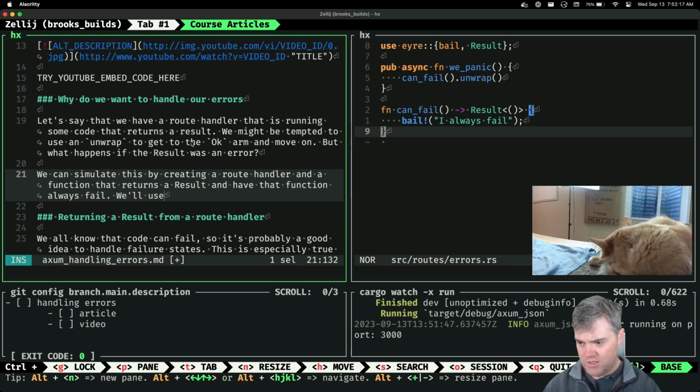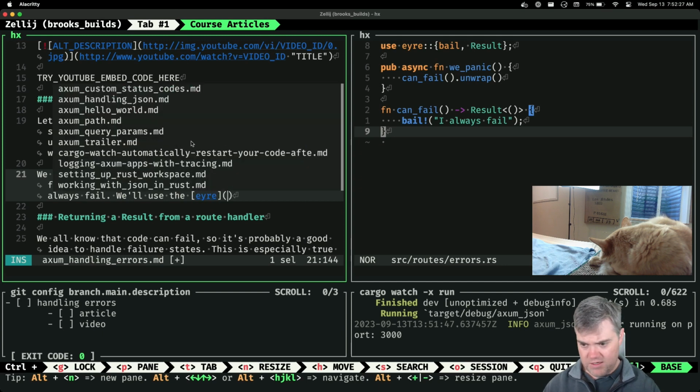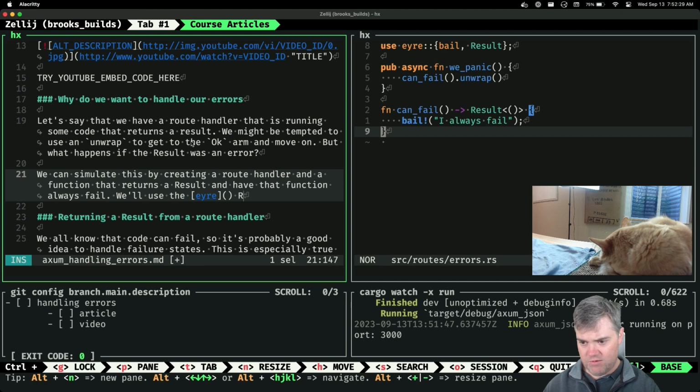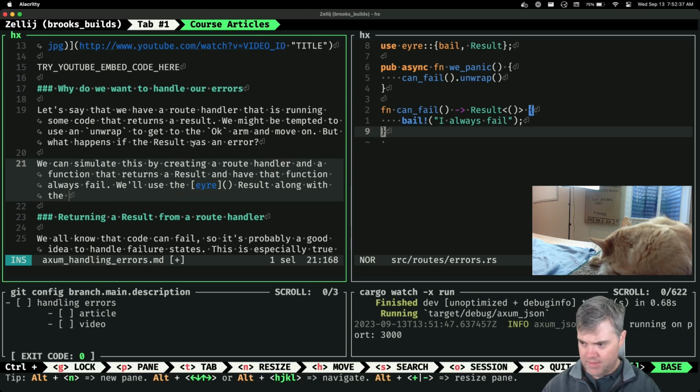I guess we could do error, and I'll have to go find that error results type, along with the fail macro for this.